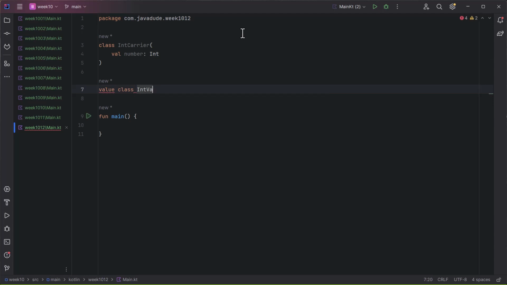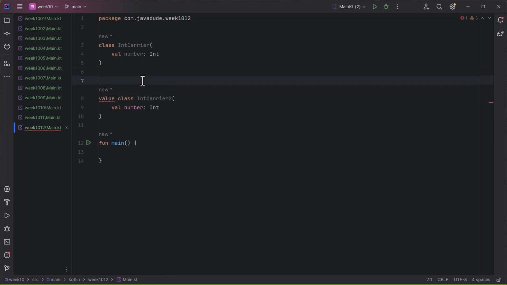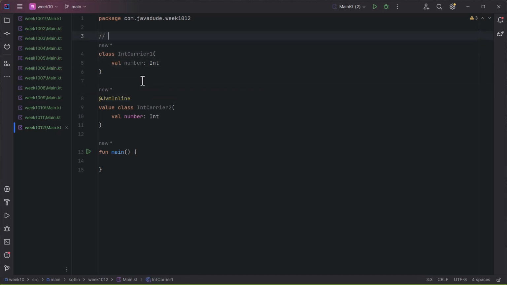Int carrier. And put that in there. And what is he not happy about? Without, oh, JVM inline. We have to define this so that Java can actually use it as well. But the difference here, this is a wrapper object